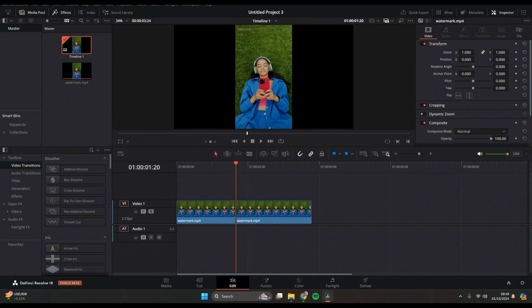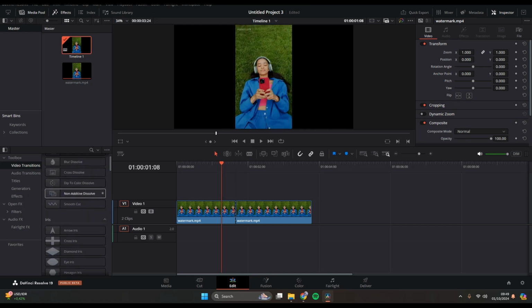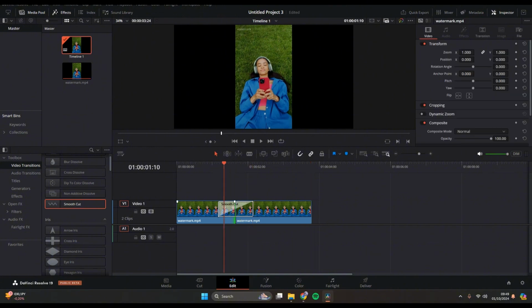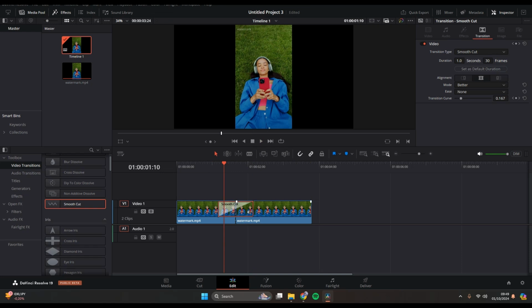Now the video will be split into two, and to add the transition here, you can just choose which one. I'm going to go with this. For example, you can just drag it, and the transition will be added in between the clips. Here you can adjust the duration of the transition,